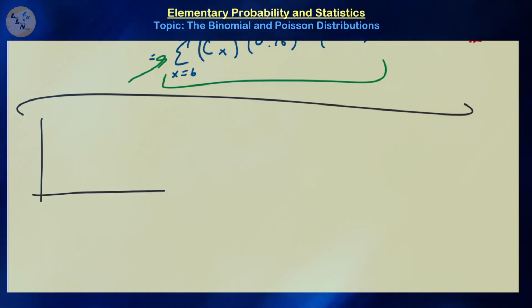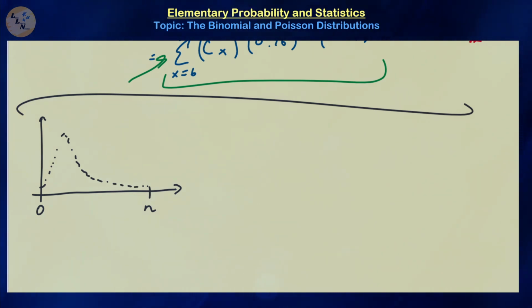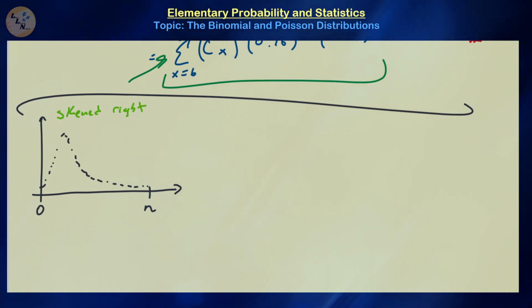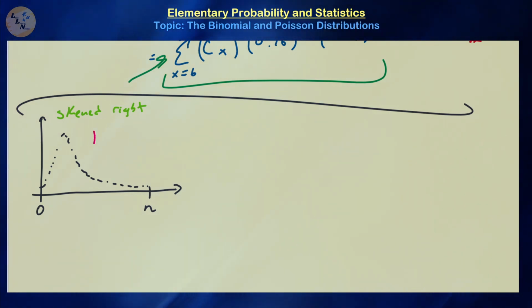So there are going to be three different types of graphs for binomial random variables. Keep in mind the smallest value is going to be 0 and the largest value is going to be n. If you have a discrete distribution that looks like this, notice that this is a skewed right distribution. Most of my probabilities are located on the left-hand side. So this type of graph is always going to be associated with a binomial distribution where the probability of success